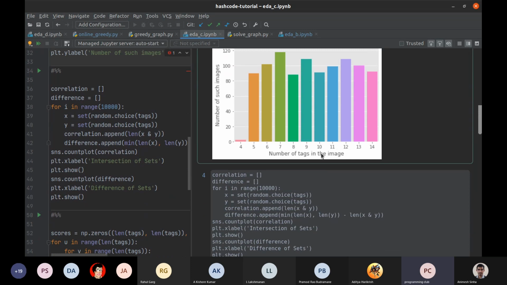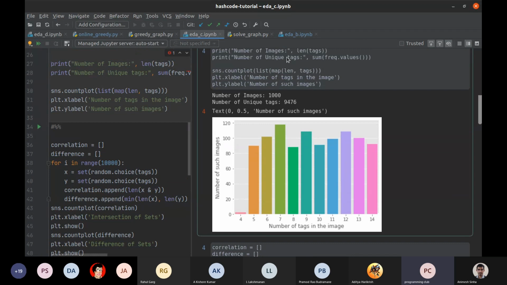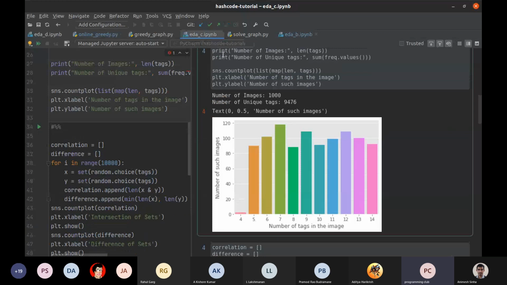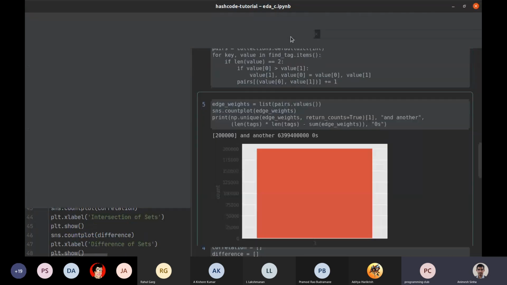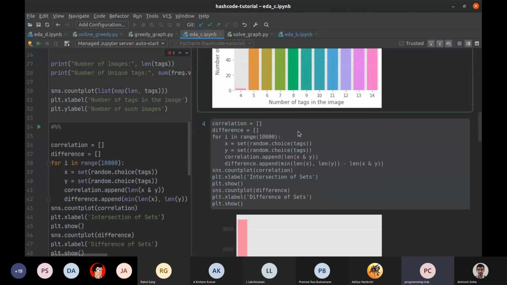Look at the pattern. For example, this graph that you see on my screen, you might not find any impressive pattern, but for problem B, this says something. It is trying to make a statement that look at me and try to model me as a particular problem, like an undirected graph or something. So we want to tell you to look at the EDA carefully, and TQDM and all those simple approaches get you a decent score for your first Hash Code attempt. And of course you need a lot of practice.